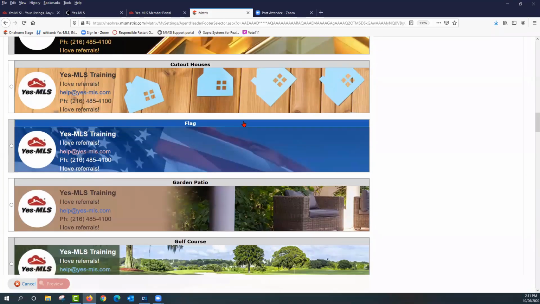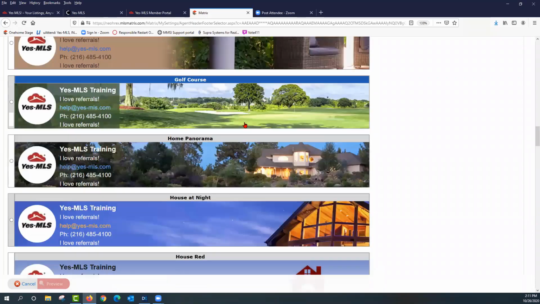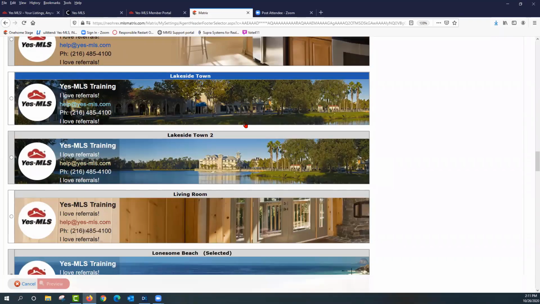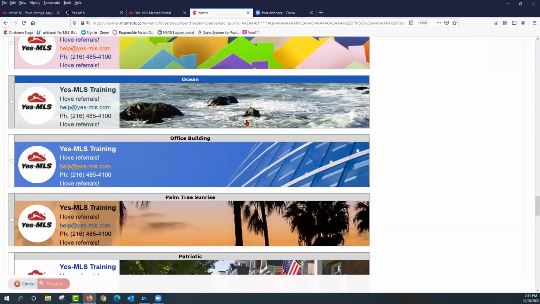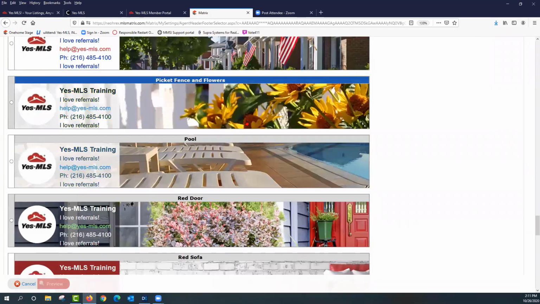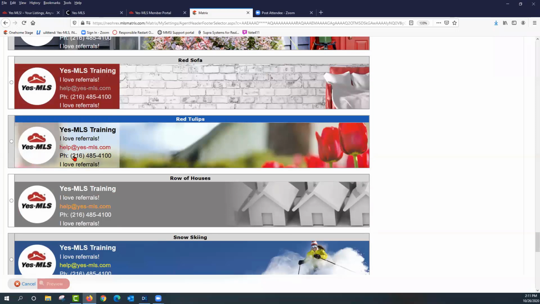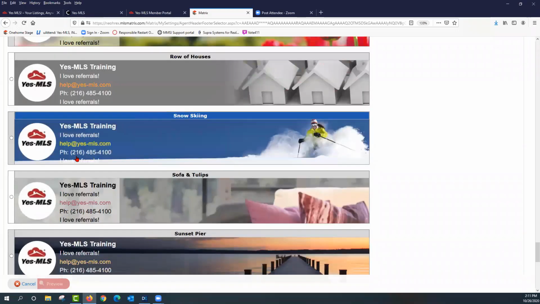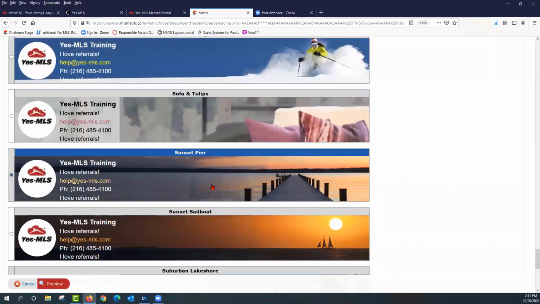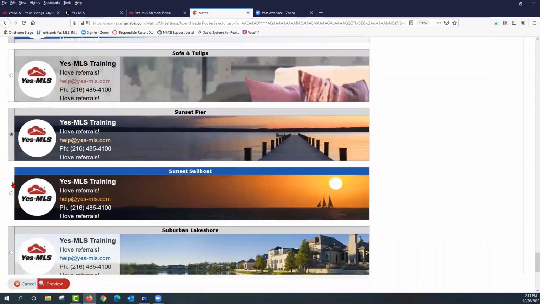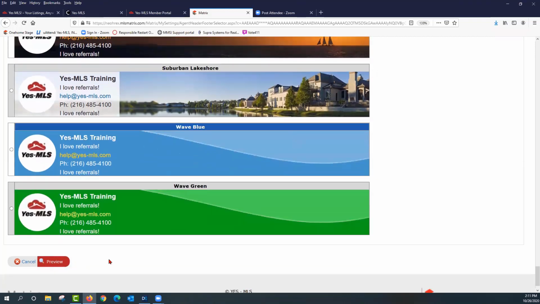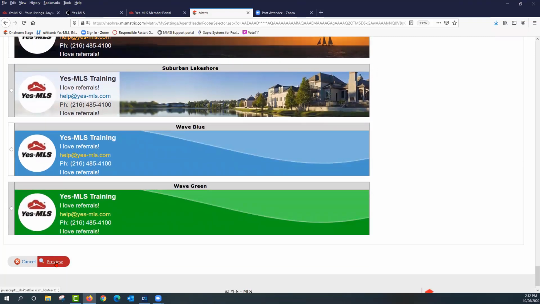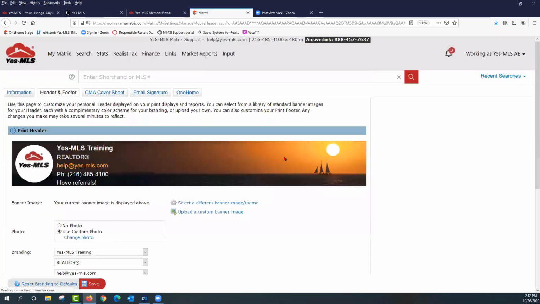So take a look and scroll through these. There's some really nice ones. And then pick the one that you like. Just continue to scroll through here. I'm going to use the lake scene. I like this one better, the Lake Erie scene. So it's not really Lake Erie, but I think it looks like it. And once you like that, you click preview, and that's going to show you what it looks like with your